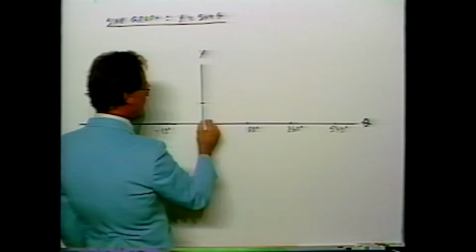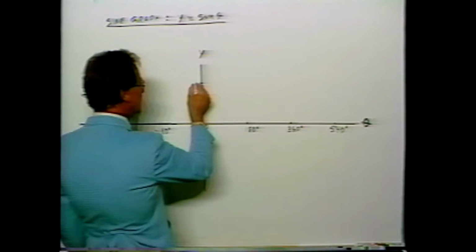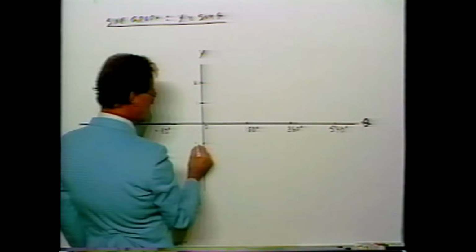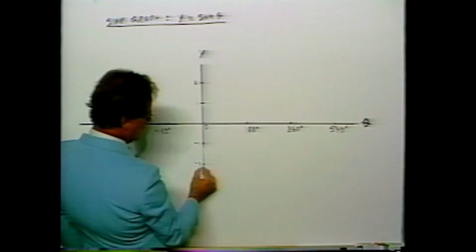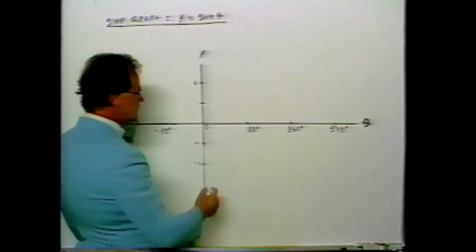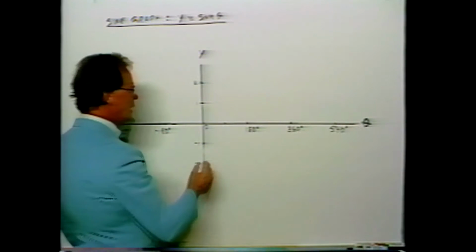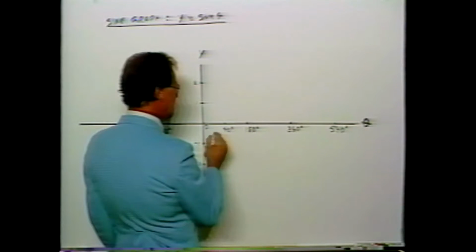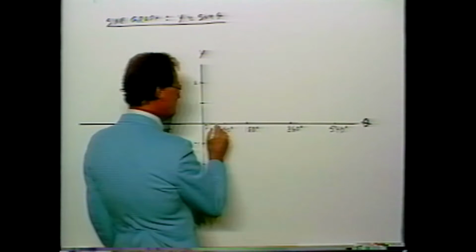On the vertical scale, this will be the unit 1, this one the unit 2. Down below, this would be minus 1 and minus 2, and so on. I'm going to divide the scale up into smaller intervals. If this is 90, which is half the distance between 0 and 180, and I divide this into 3 parts, approximately,